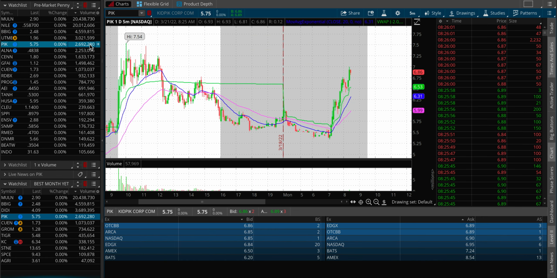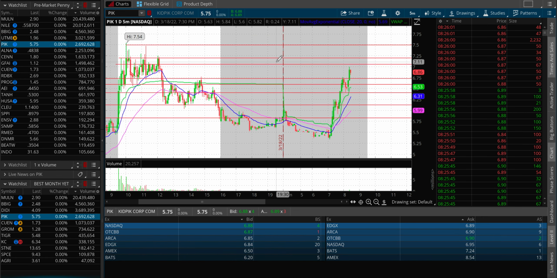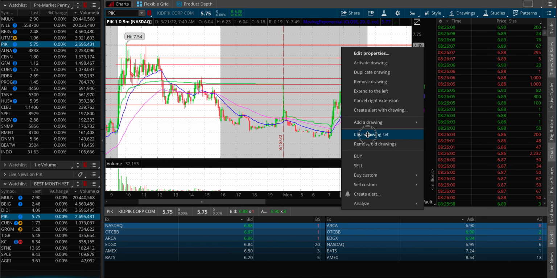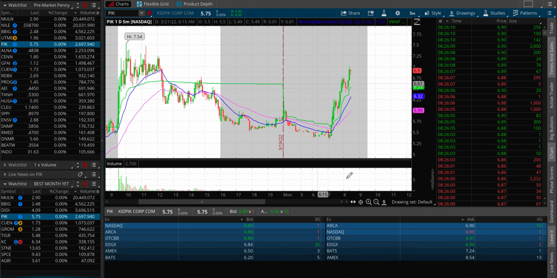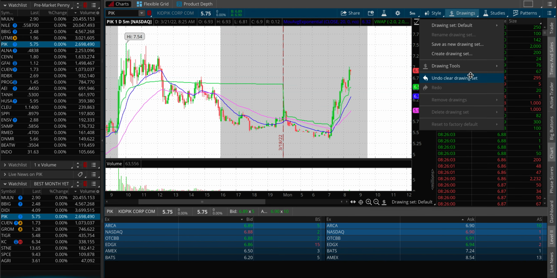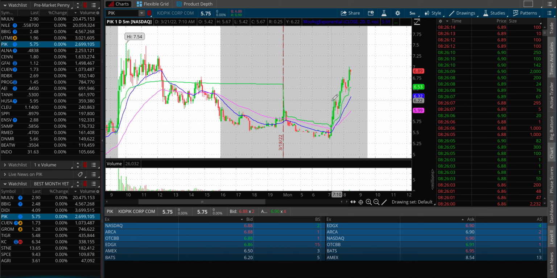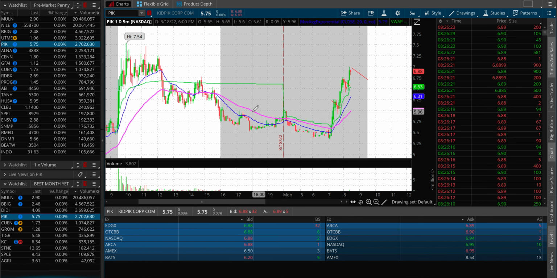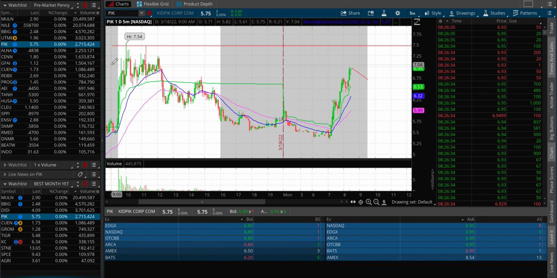Then we have PIK. This one was treating us very nicely over the past couple of trading days, and this morning actually has a very nice chart. Let me just clear the old drawings, and a decent volume. It's forming these consistent 5-minute flag breaks. So at this point, I would wait for a new 5-minute flag break. It's forming the flag now. I'll just also mark the levels of support and resistance. So this double top, a lot of